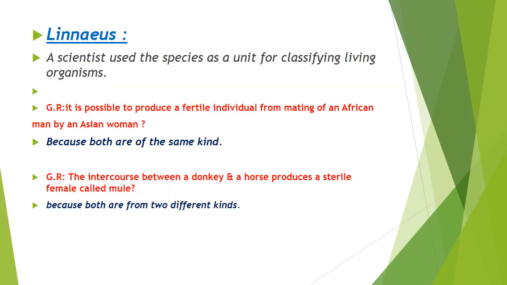Linnaeus is a scientist who used the species as a unit for classifying living organisms. Give reason: it is possible to produce a fertile individual from mating of an African man with an Asian woman because both are the same kind. Give reason: the intercourse between a donkey and a horse produces a sterile female called mule because both are from two different